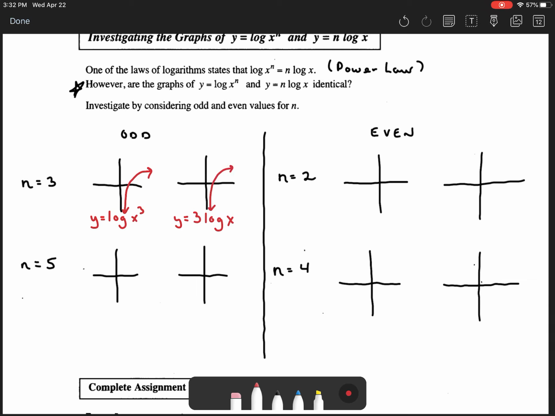Okay, now when we go in our calculator and I graph those, you're going to see the same thing. I'm going to have a graph that looks like this for log of x cubed, and 3 log of x is going to look very similar, like so. When I substitute 5 in there, I'm going to have the log of x to the exponent of 5, and then I will have y is equal to 5 log